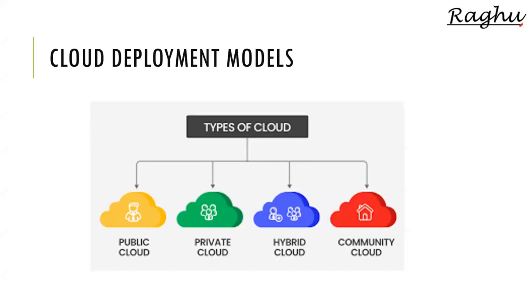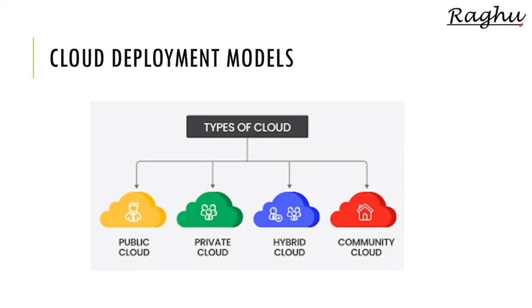We have four types. What is the meaning of public cloud? Public cloud is nothing but what we have just seen: AWS, Google, Amazon, Microsoft Azure. These all come under the public category. A service provider says, you can use our servers, you can deploy your applications with us. We are giving it globally, multi-tenant, multi-customer. You can use our servers and deploy your application. Publicly, everyone can access our cloud service. You just have to pay the rent and use it.